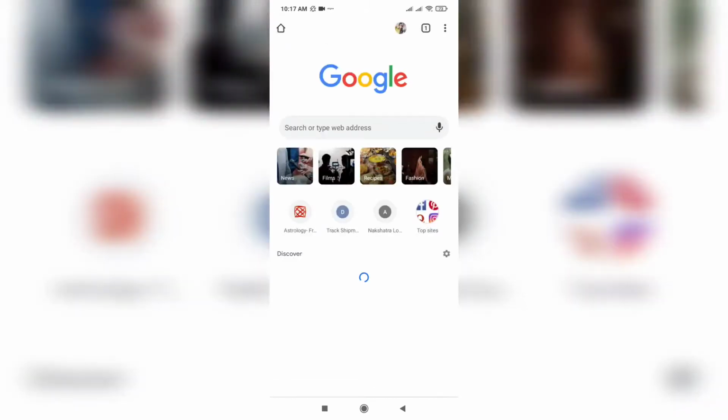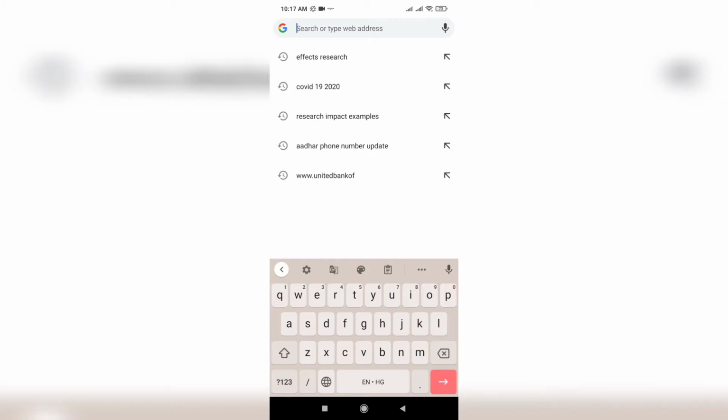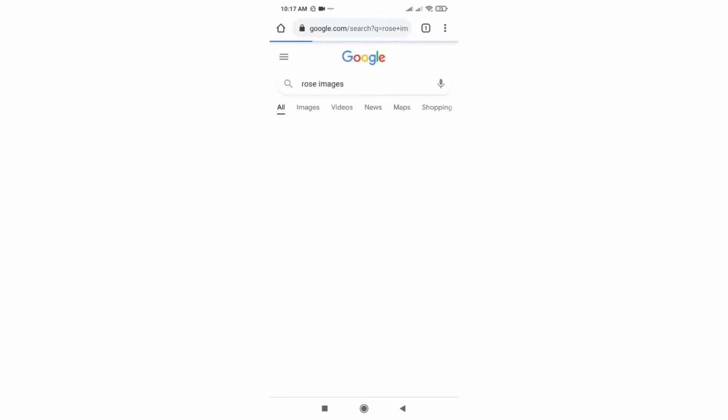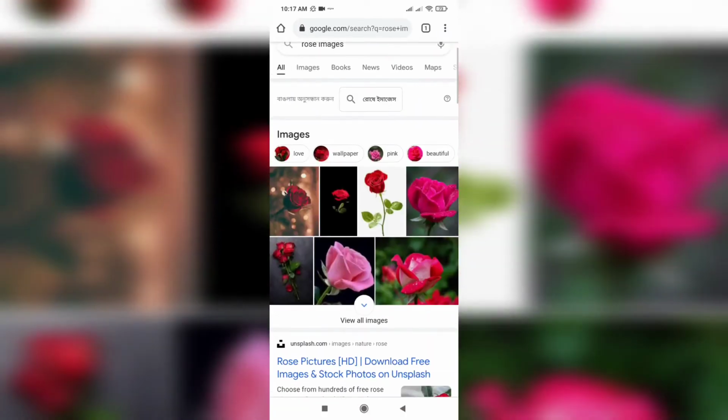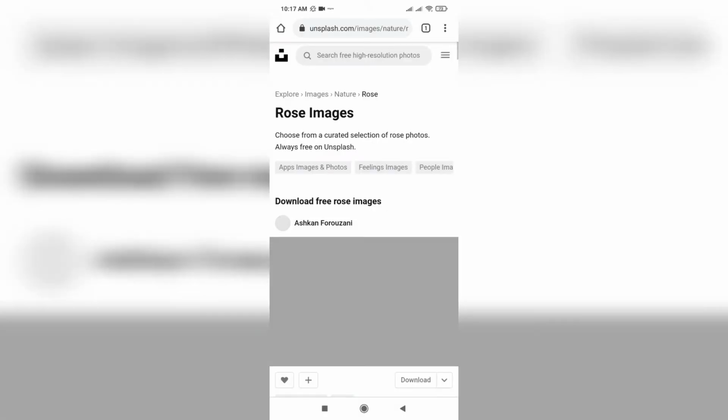I want to create something with rose. So let's see, maybe I'll change my mind later on. So let's find an image of a rose. What is the spelling of rose? Oh, sorry. Yeah, ROSE, rose. Okay, so here are some of the pictures, but I want to take my picture from Unsplash. I'll tell about Unsplash later in one of my videos.